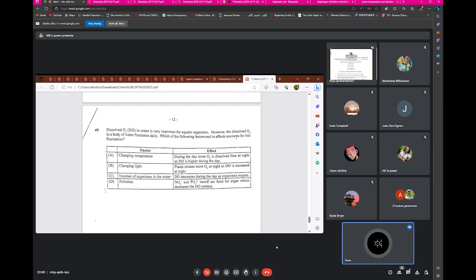Number of organisms in the water. Why would that change with the day specifically? I don't think that would change with the day. Right, fluctuating daily. Changing light. Plants release more oxygen at night. So why is that a valid point? Why is B valid? I'm not sure why B is valid, but it's tempting me. A, temperature change. Okay, so from our explanation of temperature with the water,